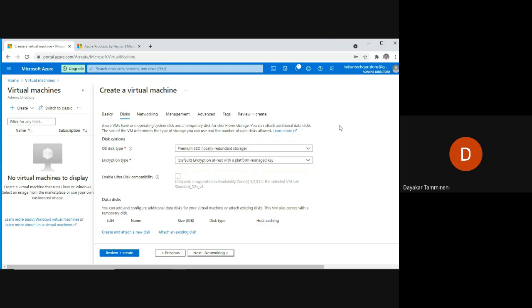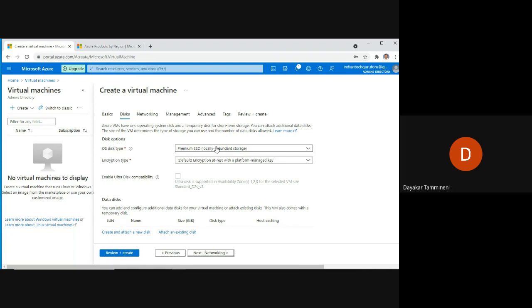Why are we clicking on Disks? Here we need to observe what type of disk it is going to use. Here you can see OS disk type, the operating system disk type. For any computer, we need the CPU and the main memory, as well as the disk. In the previous class, I showed you our disk and how much memory the Azure portal has allocated to our C drive. There was a C drive as well as a D drive with some space.